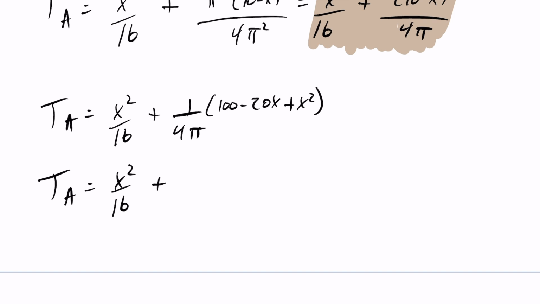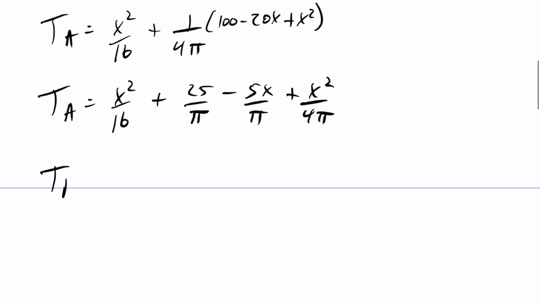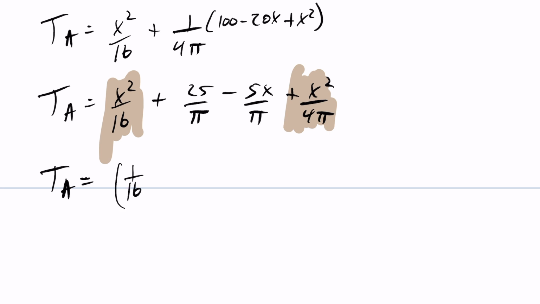When I distribute this, this will reduce to become 25 over pi minus 5x over pi, and then plus x squared over 4 pi. So again, I'm going to collect like terms and put this together. If I collect up my x squareds here, you'll see I have x squared over 16 and x squared over 4 pi. So putting that together, my coefficient is 1 over 16 plus 1 over 4 pi x squared minus 5 over